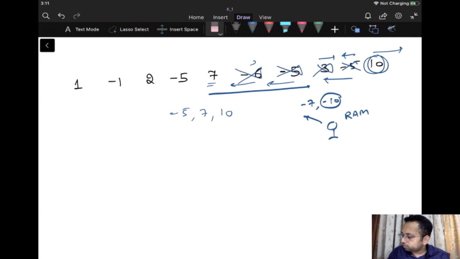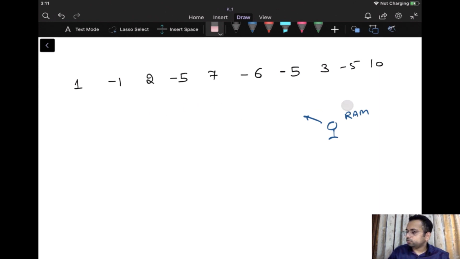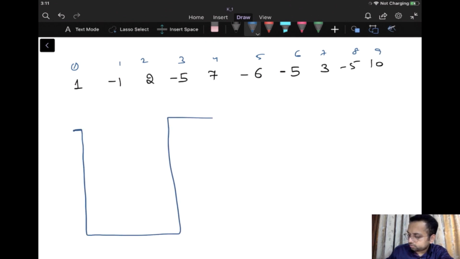I hope the problem is clear to all of you, what the problem in hand is and how we can do it. We'll do it using a stack only. This is also a problem based on stack. Consider these arrows. First we will get these arrows 1, 2, 3. These are the indices of the positions at which we are getting these arrows. So we will take a stack.